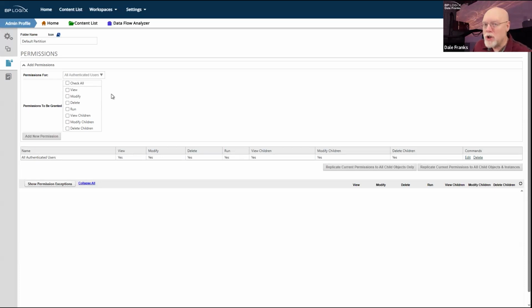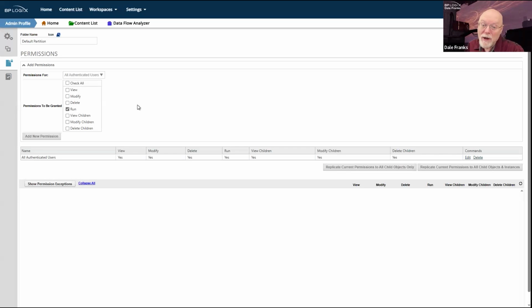My suggestion would be that you give all authenticated users run permission as an absolute minimum, because if you don't, nobody's going to be able to submit forms. In most cases, you're also going to want to present your users with some knowledge views, and those knowledge views will often return form instances, or generally for end users, will almost always return form instances.